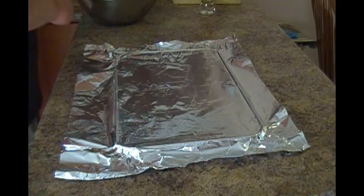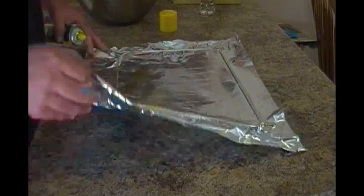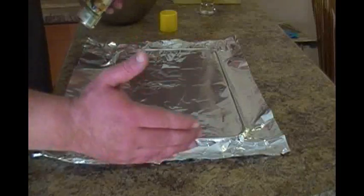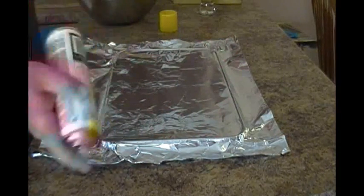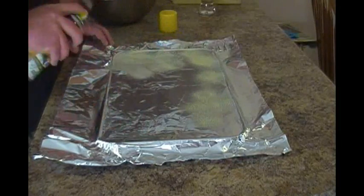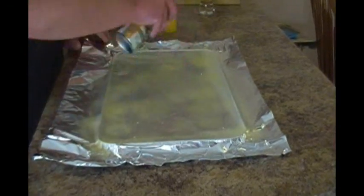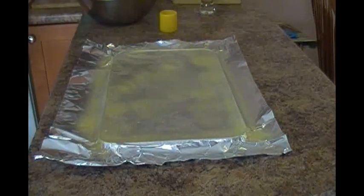Okay, I've got the meat all mixed. Now, what I've done, there's no cookie sheet under there. I just pulled out the tin foil, ripped it off, and then we just kind of creased it here. And I'm going to spray it with non-stick spray. We don't want the meat sticking to the tin foil. We're going to try and get this as thin as we can on here